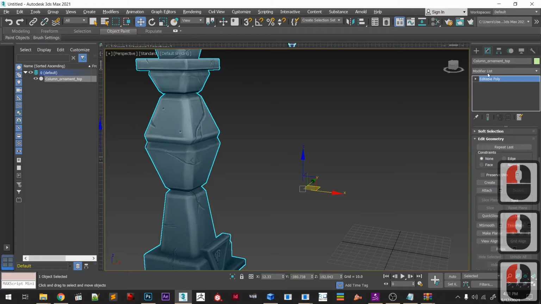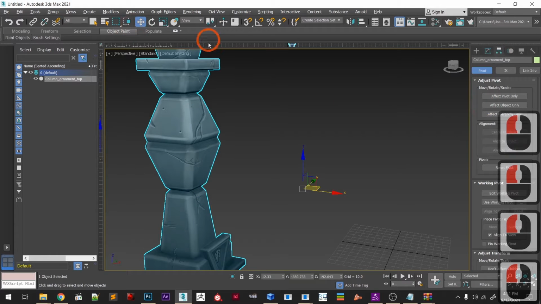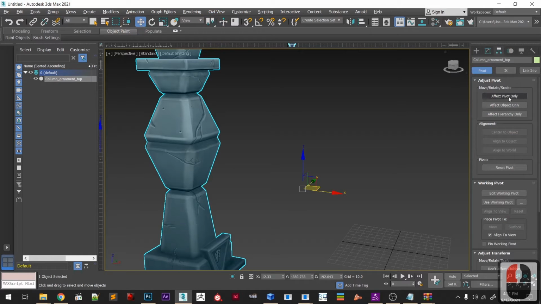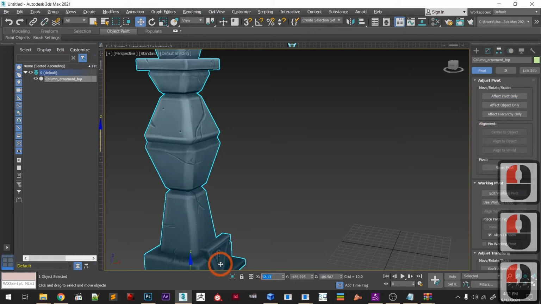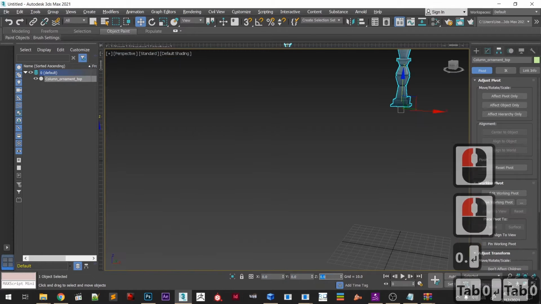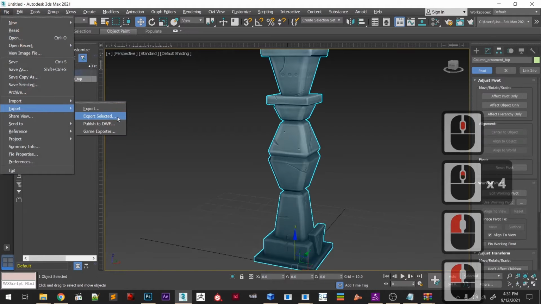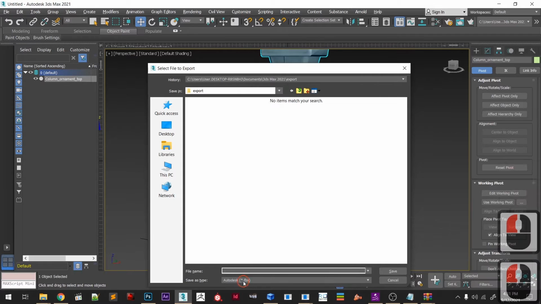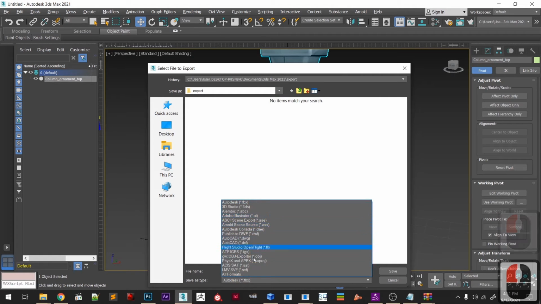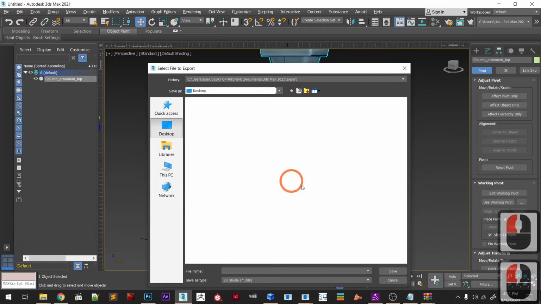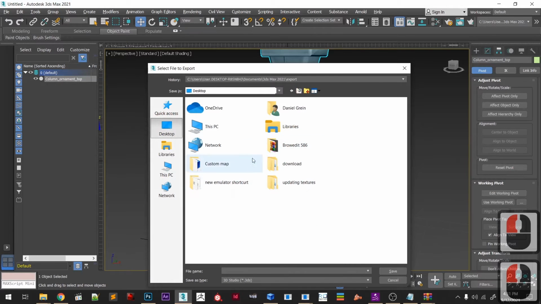Just to make sure, I'll position this model in the center of the canvas. So reset center to object like this. Then I'll put 0, 0, 0. And right now I'm gonna export it. So file, export, selected. So here I'll go to 3ds, and right here we have